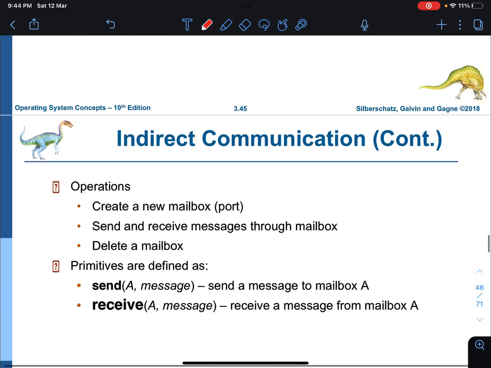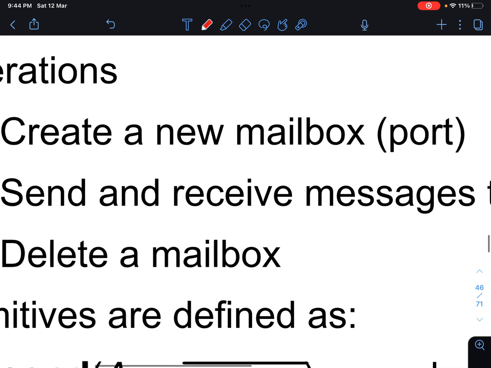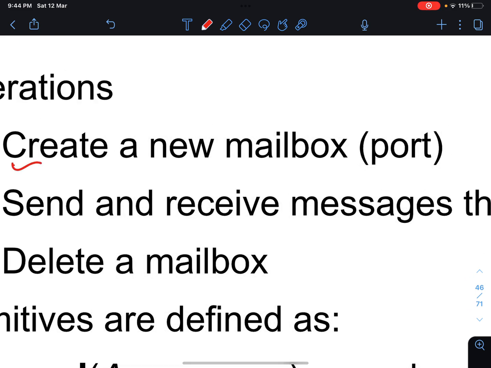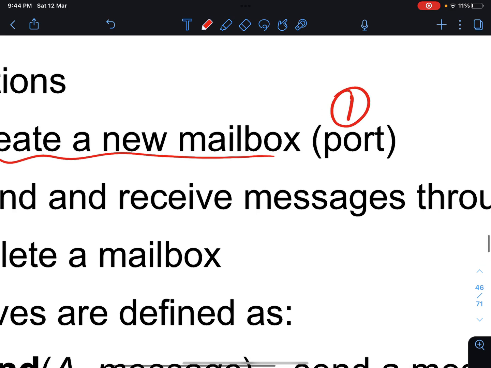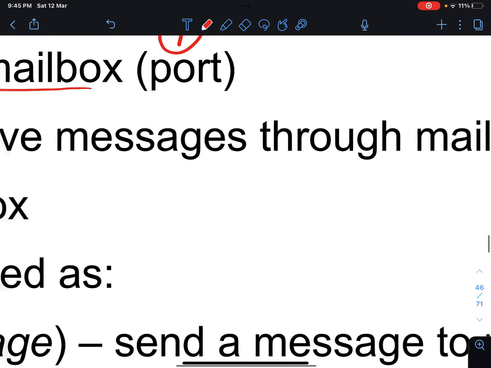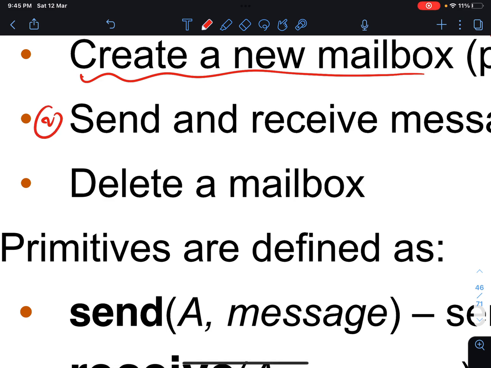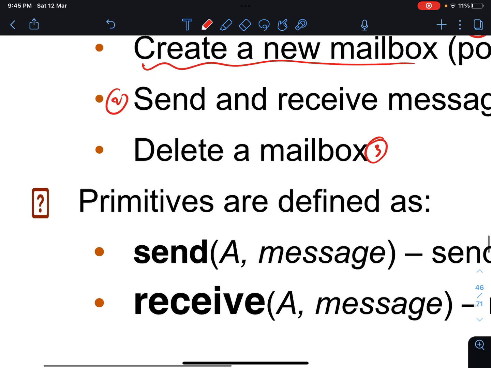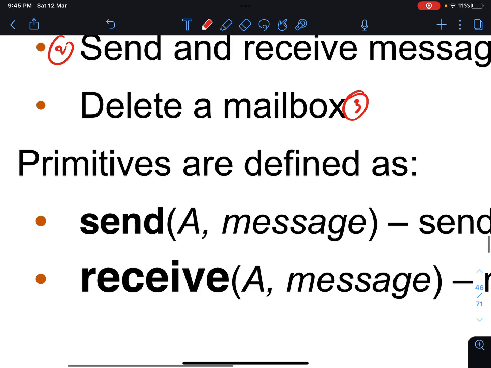Now, for the indirect communication, how does it work? You need to create a mailbox, a port. Then send and receive messages through the mailbox. When you're done communicating, delete the mailbox. If you work with TCP/IP, you will find that this is defining the socket and then removing the socket when you're done.